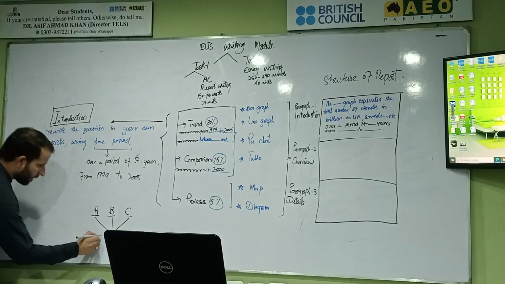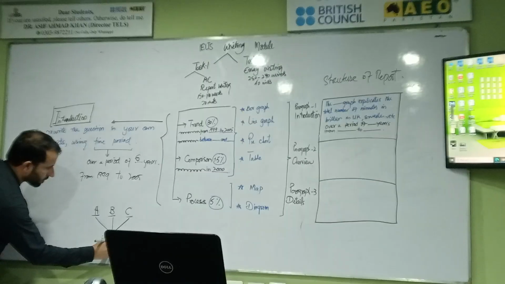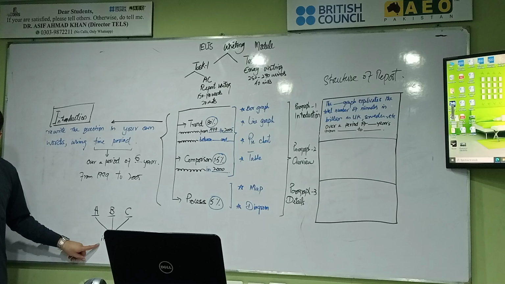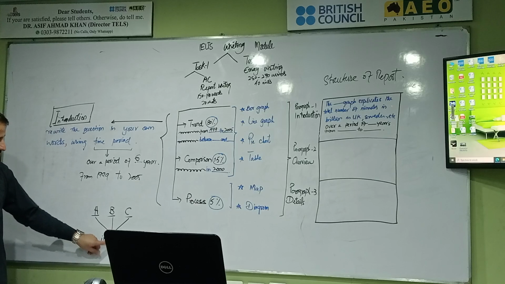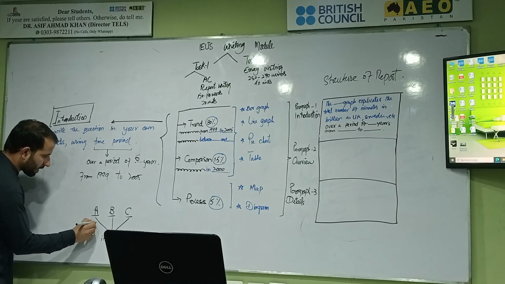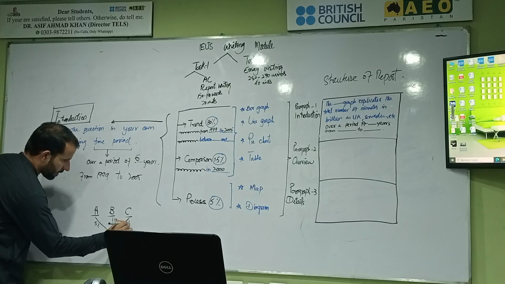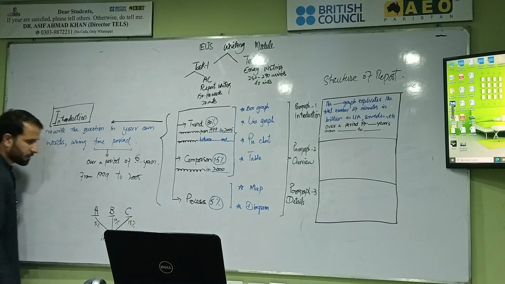Comparison in 1 year, in 2000. So I will be able to find out the data in 2000. For example, A has earned 5%, B has earned 10%, and C has earned 15%